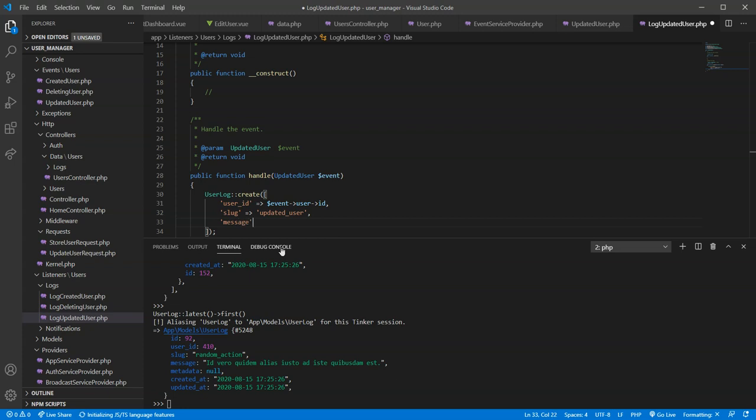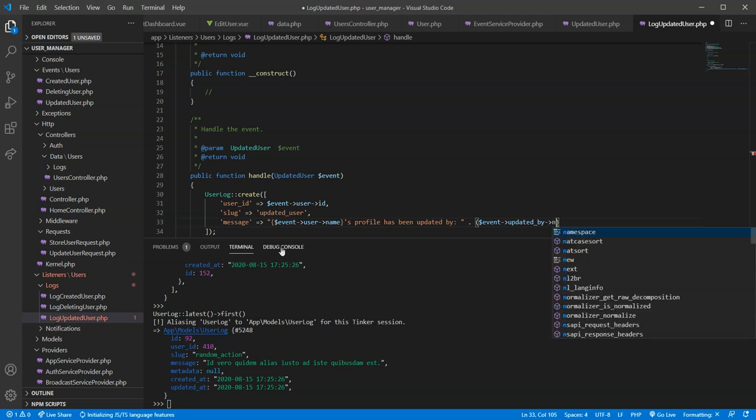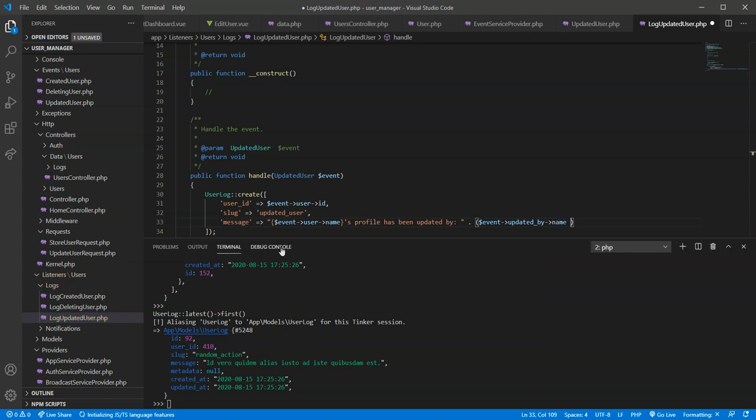Message in there is going to be, in brackets here, we'll go event dash updated by name, or if that's not found, maybe it was